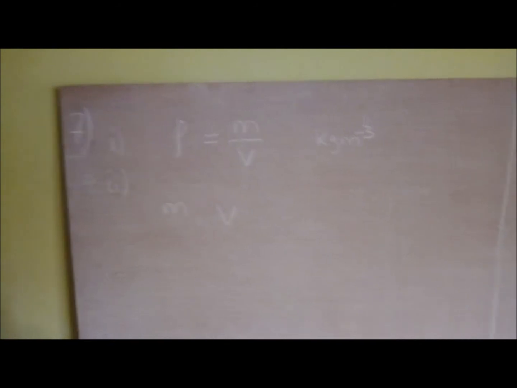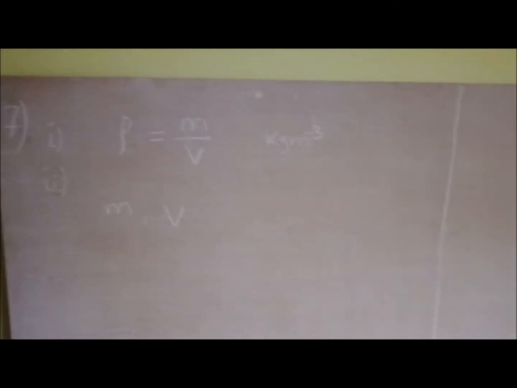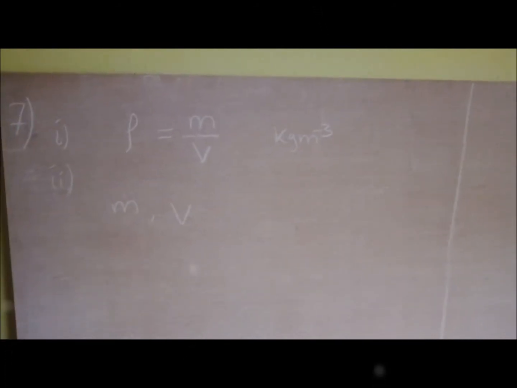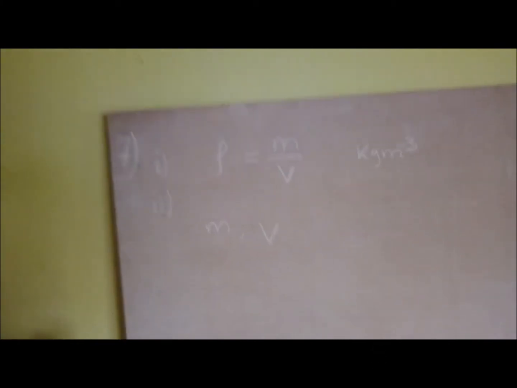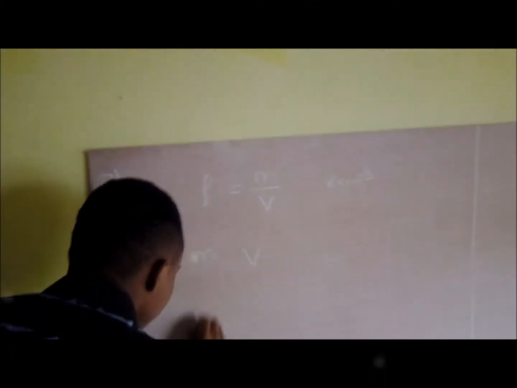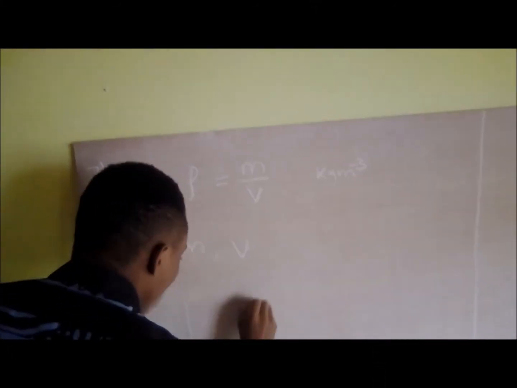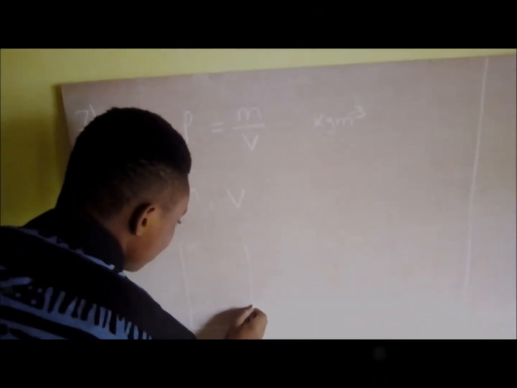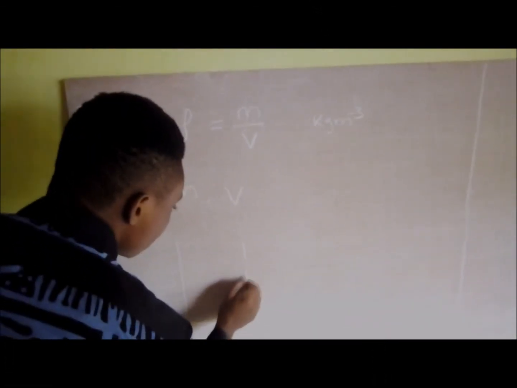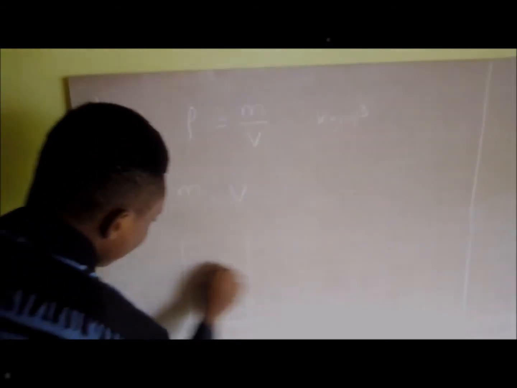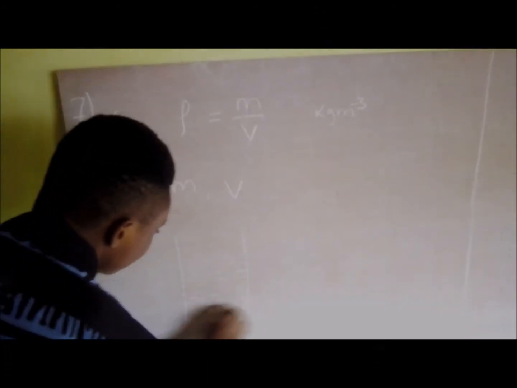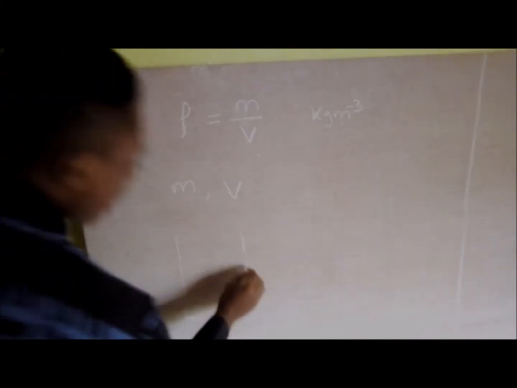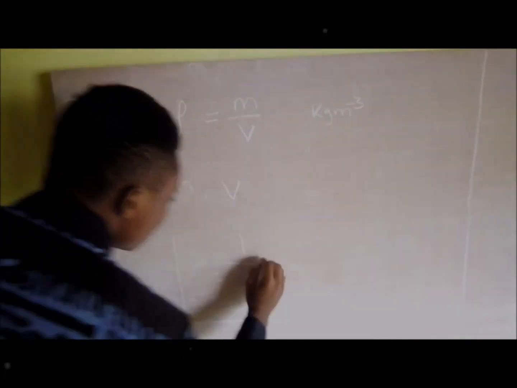So the mass of the stone can be measured on a normal balance. What about the volume? Since it is an irregular shape, there is no formula to obtain its volume. But we can use the idea of water in a measuring cylinder. So if you place water, let's say half filled, in a measuring cylinder and measure its original volume V1,